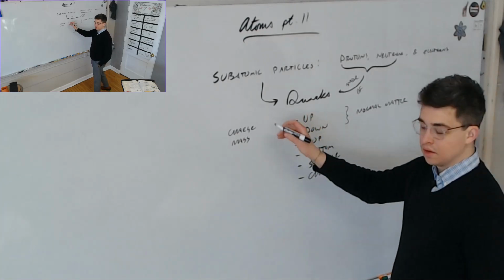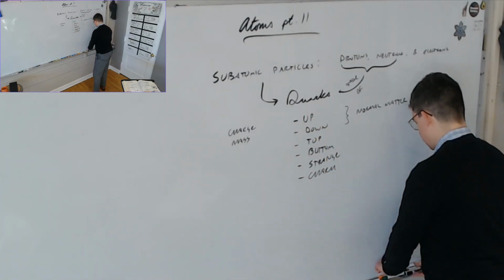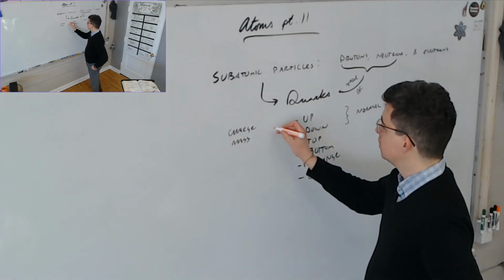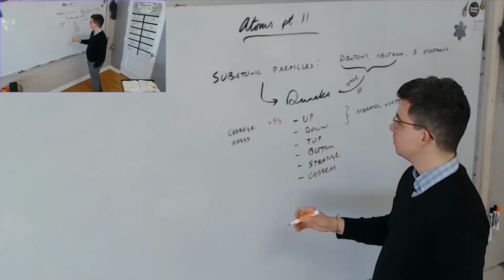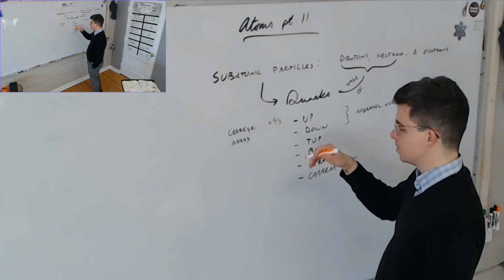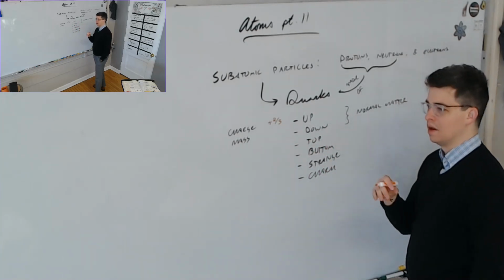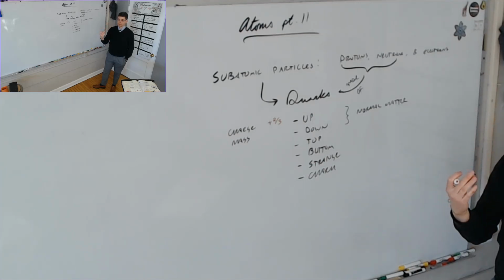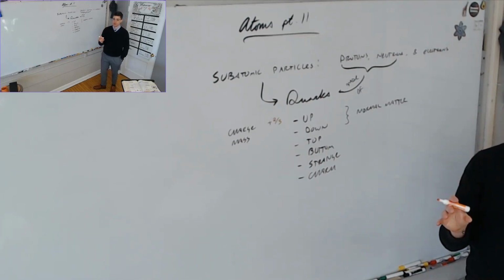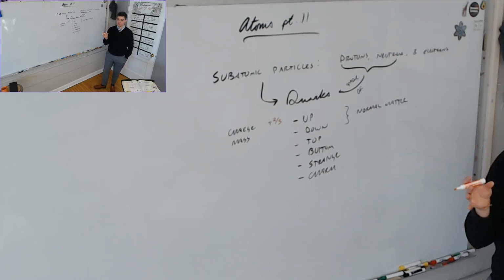For an up quark, the charge is plus 2/3, and its mass, it doesn't really matter. Something interesting about quarks is that even though a proton is always made up of 3 quarks, those 3 quarks do not add up to the mass of the proton. On that scale, most of the mass actually is the energy that holds the quarks together,